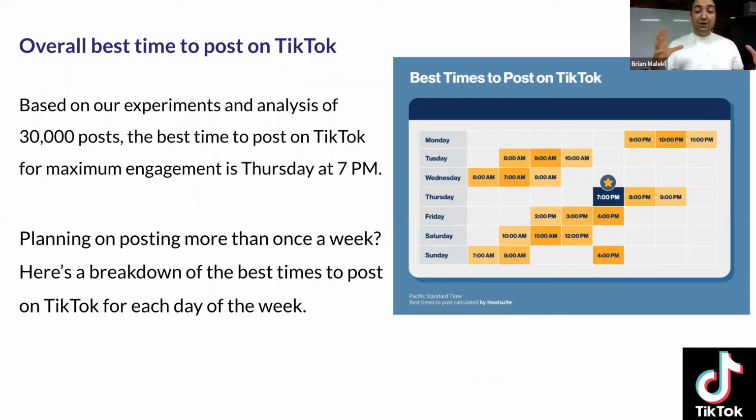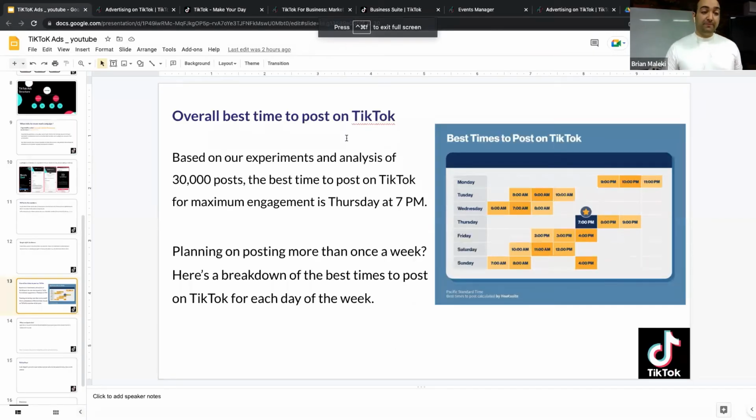By knowing what time there is heavy traffic on TikTok, and there are many people on TikTok. So you can see that Thursday, 7 p.m. is the best time to post and maybe advertise, and other days, other best times. You can follow this schedule and exactly select these times for advertising, or at least 1 hour before this time